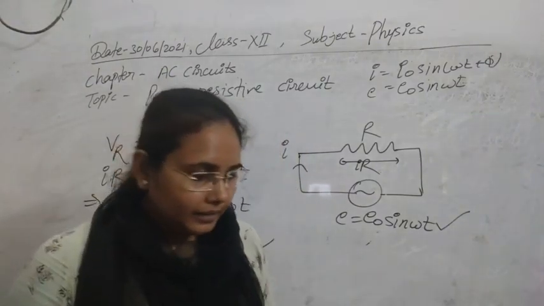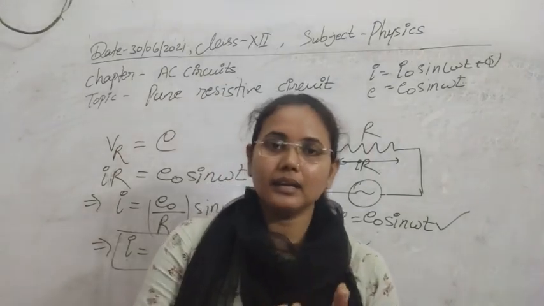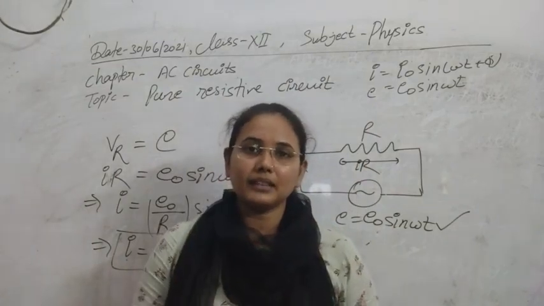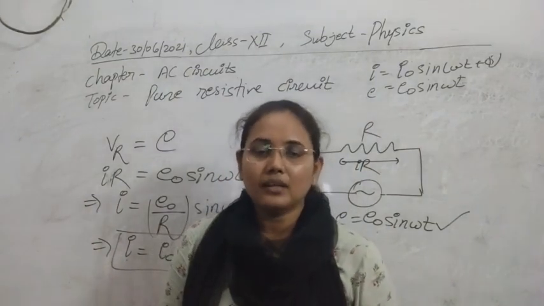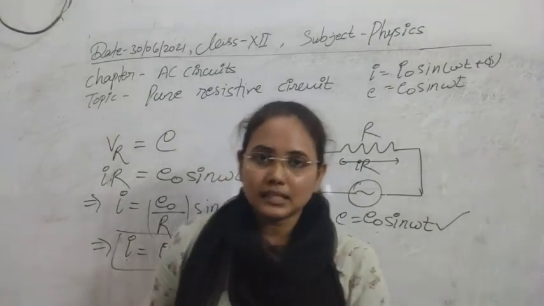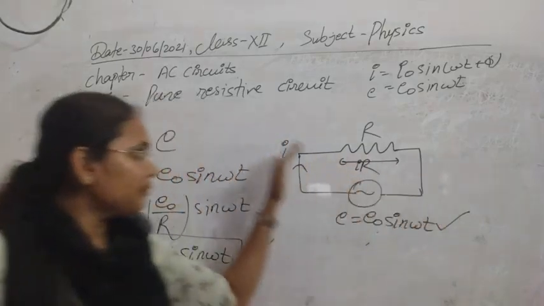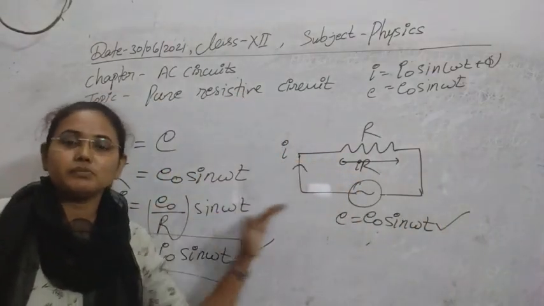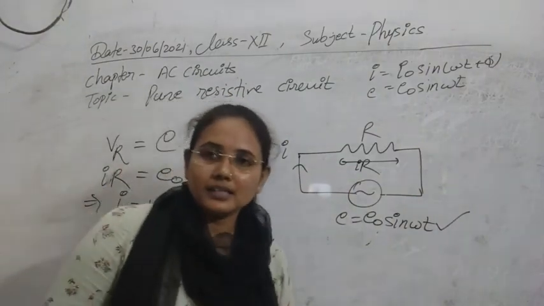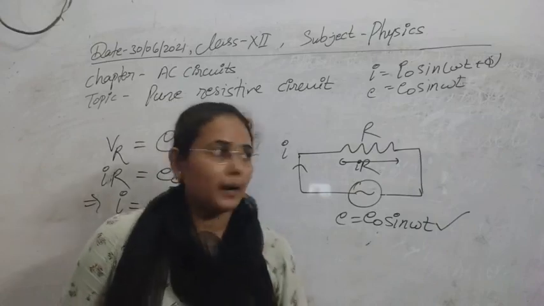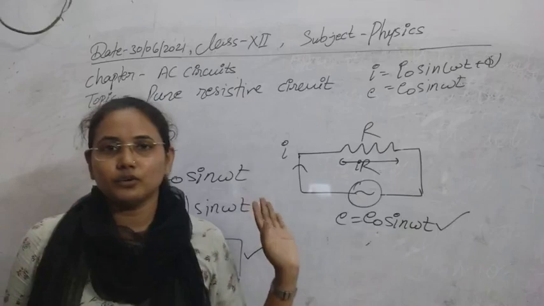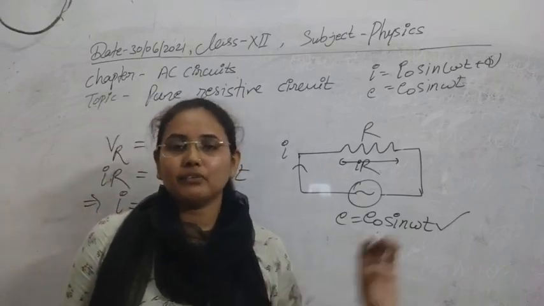simultaneously at any point. Like if two cars are running with the same velocity and they started at the same time, they will always go parallel to each other, and at any instant they will be parallel. This kind of situation we get for the pure resistive circuit. There is no phase difference between these two values. Current and voltage are always in the same phase. At the instant we apply a potential to the resistor, at the same instant current starts to flow through it. There is no time lag between these two.